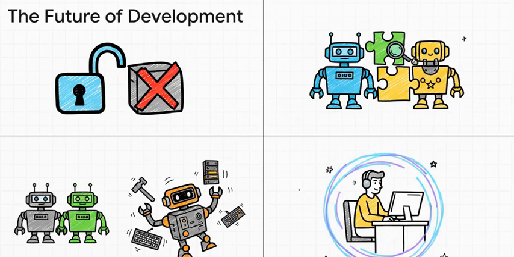So, what does this all mean for the future of development? Well, it points to a clear move toward open protocols instead of closed, locked-in systems. It means a world of composable tools where you can pick and choose the best agents for the job. And most importantly, it's about using specialized agent teams instead of a single generalist, all for one big reason: to help developers like us stay in that crucial creative flow state.